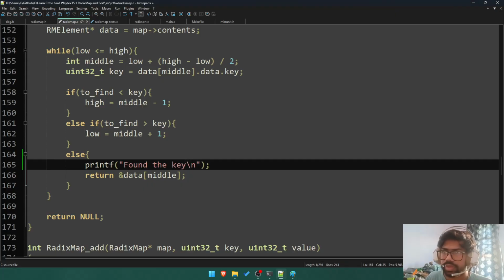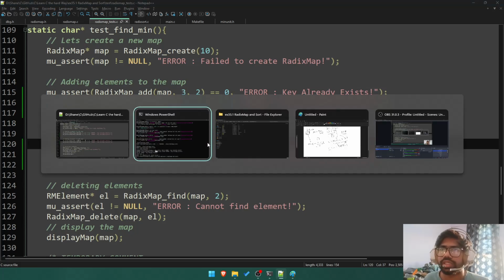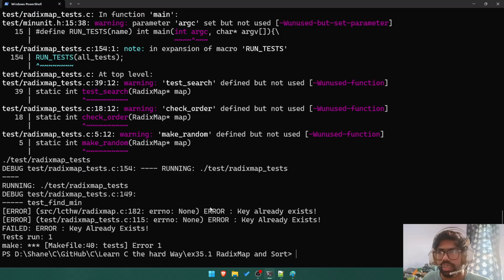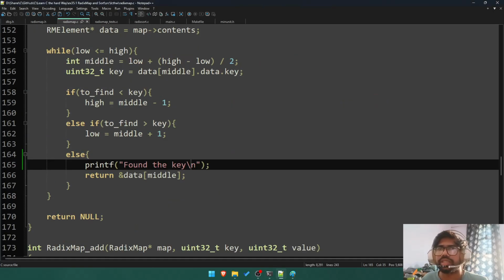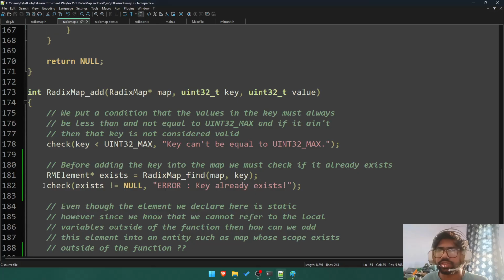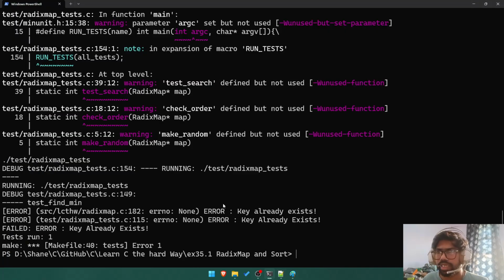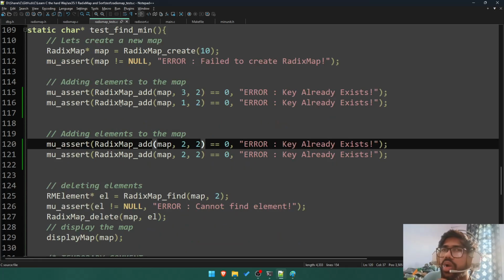Does it print? Okay, release map dot c 182. Yeah, key already exists. That means I'm doing something wrong. Element equals this. Oh, is it because